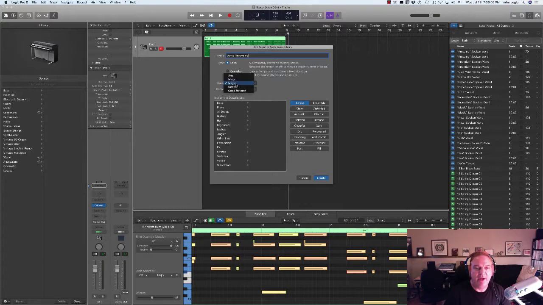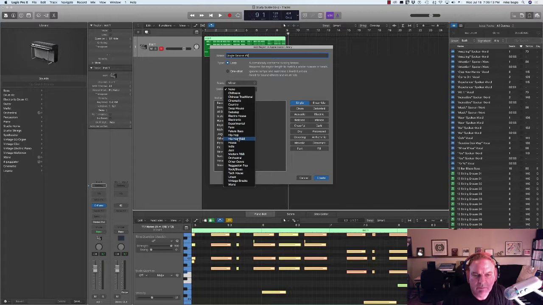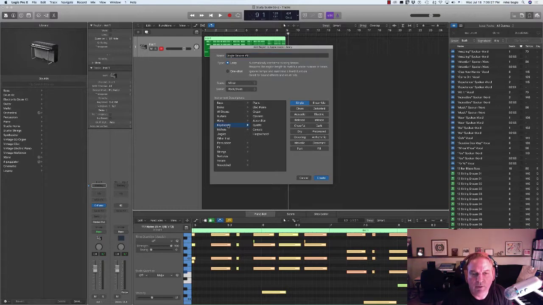And I'm going to say it's in a minor scale. It's a loop. Genre, I'll say rock blues. And instrument descriptions, we want to just add in keyboards, electric piano, and then single,